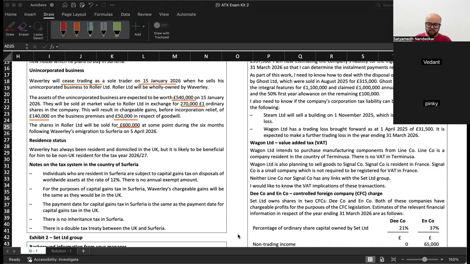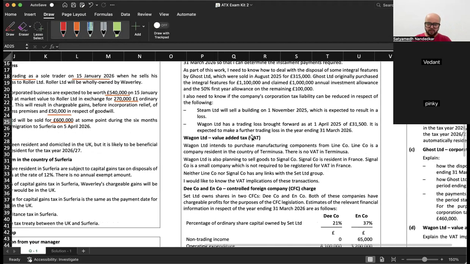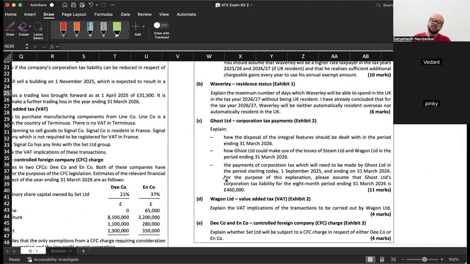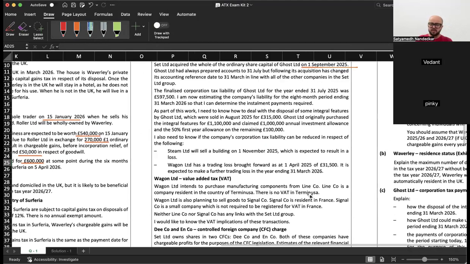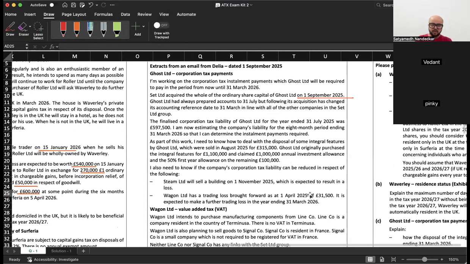ठीक है, that is the second part of the question. OK, now look at payments of corp tax which will need to be made by Ghost Limited in the period starting today, 1st September 2025 and ending on 31 March 2026. For the purpose of this calculation, please assume that Ghost Limited's corporate tax liability for year ended 31st March 2026 is 4,60,000। ठीक है, और यहाँ पे, अच्छा, फर्स्ट ऑफ ऑल टेल मी व्हाट इज द अकाउंटिंग ईयर फॉर घोस्ट लिमिटेड, देख के बताओ।